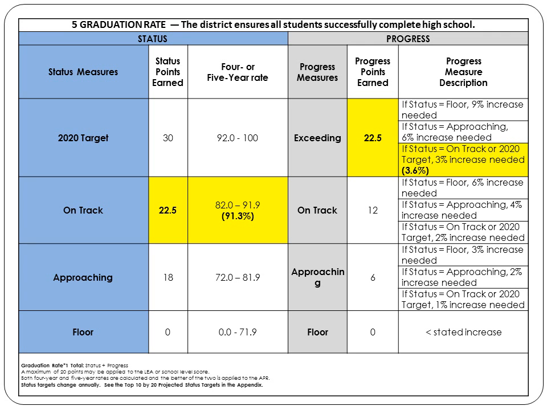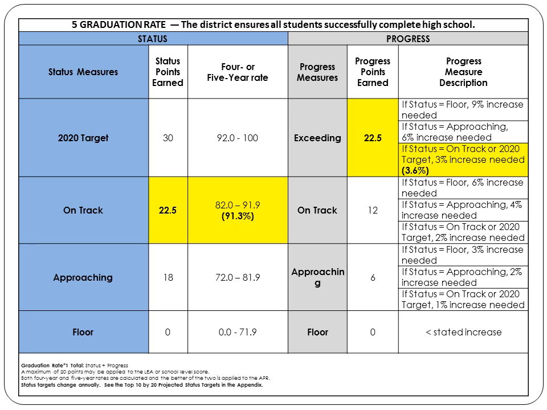What that means is when we look at the on-track that is identified in yellow here, the 4, 5, and 6-year rate has 82 to 91.9% on your graduation rate. We were at 91.3. So when looking at that as a 3-year or 6-year average rate, that's one area that we look at. That's where we receive the 22.5, although we are above the 90%.